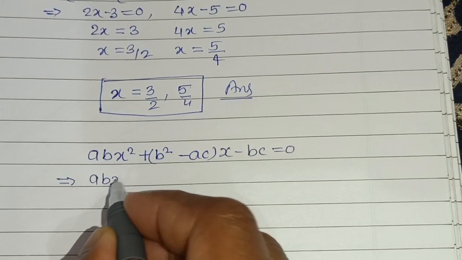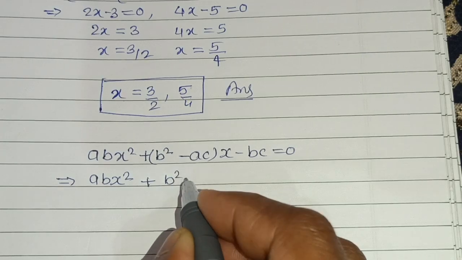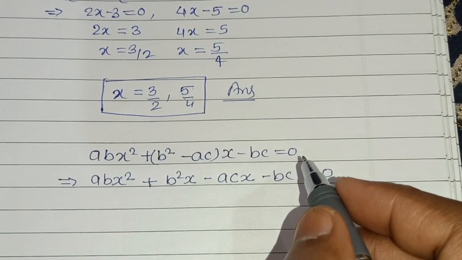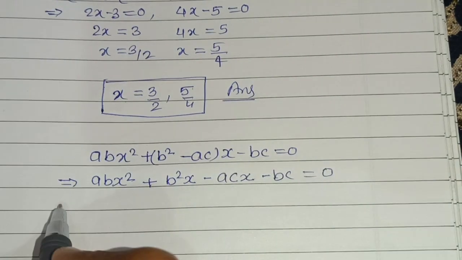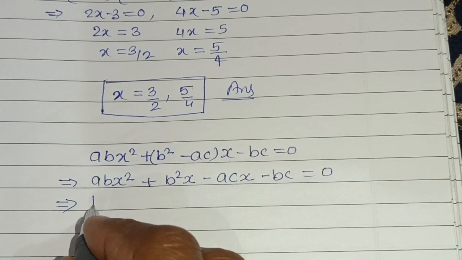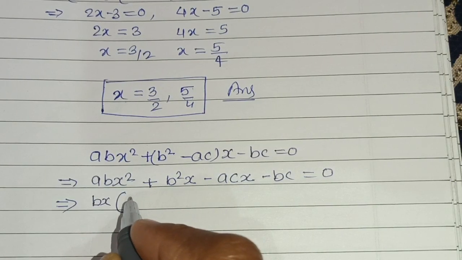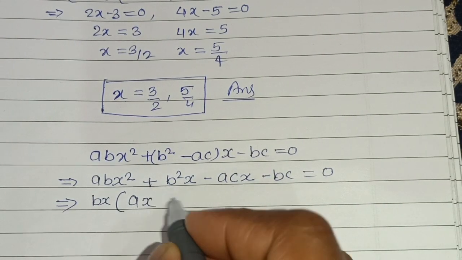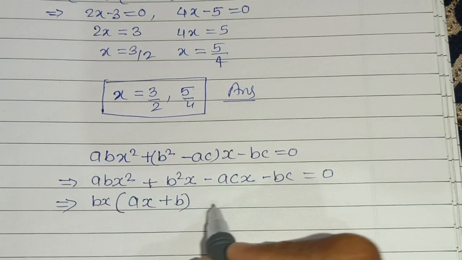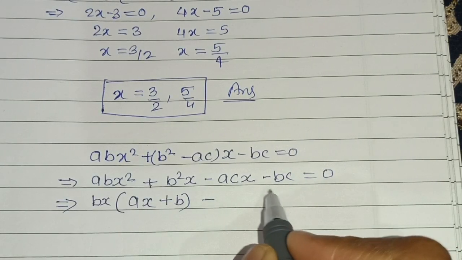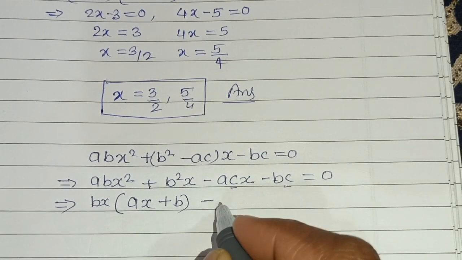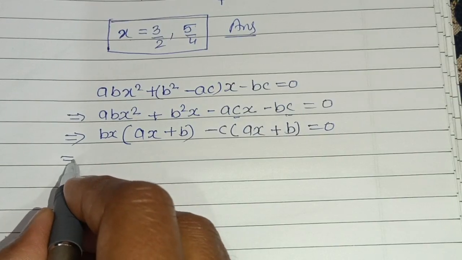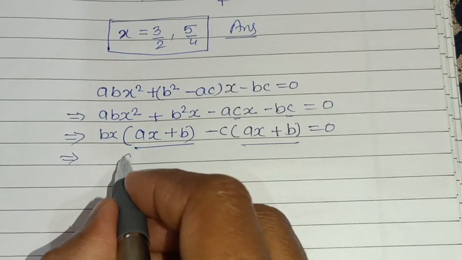ए बी स्क्वायर, ए बी एक्स स्क्वायर। नाउ इससे हम मल्टीप्लाई कर देंगे तो बी स्क्वायर एक्स ए सी एक्स माइनस बी सी इज इक्वल टू 0। सो यहाँ से हमको क्या मिलेगा, बी एक्स इज कॉमन, तो बी एक्स कॉमन ले लिया हमने, तो यहाँ बनेगा आपका ए एक्स प्लस बी एंड यहाँ आपको क्या मिलेगा, माइनस कॉमन ले लेंगे हम, क्या सी। सो हो जाएगा आपका ए एक्स प्लस बी इज इक्वल टू 0। सो ए एक्स प्लस बी इज कॉमन,